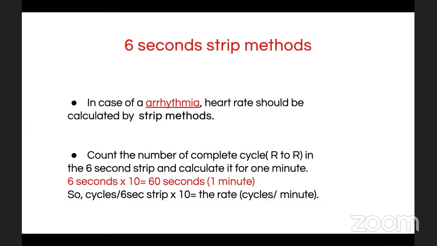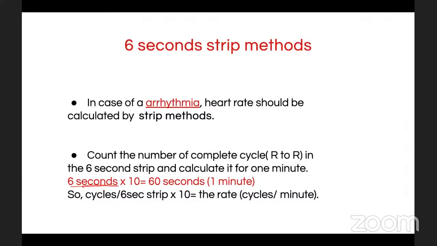طيب الحين بدل ما أحسب السكويرز مثل قبل شوي، لا أحسب كم في سايكل كاملة. إيه هذه R وهذه R، خلينا نقول هذه R هذه R. طيب كم في سايكل كاملة؟ هذه 1 cycle هذه 2 cycles هذه 3. طيب أحسب كم في cycle in the 6 second step and calculate it for 1 minute. كيف أحسبها في 1 minute؟